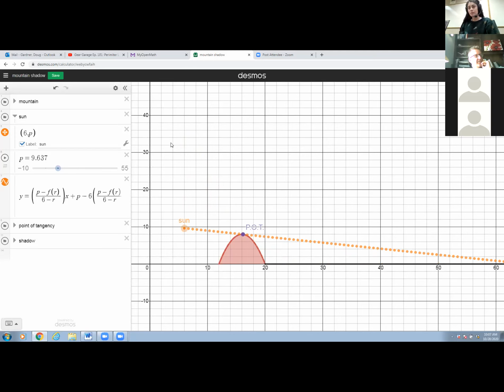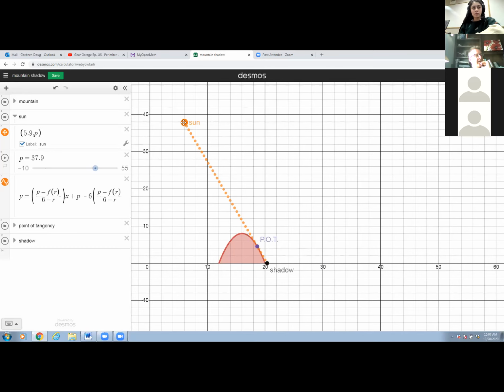The rate that the sun is setting is related to the rate of the shadow, but notice it depends where the sun is. If the sun is in here, notice the shadow is going super fast, but when the sun was up here, the shadow is hardly moving at all. It's just barely even changing. So when the sun is high, the shadow is hardly moving, no rate at all. When it's down here, the shadow is just flying.